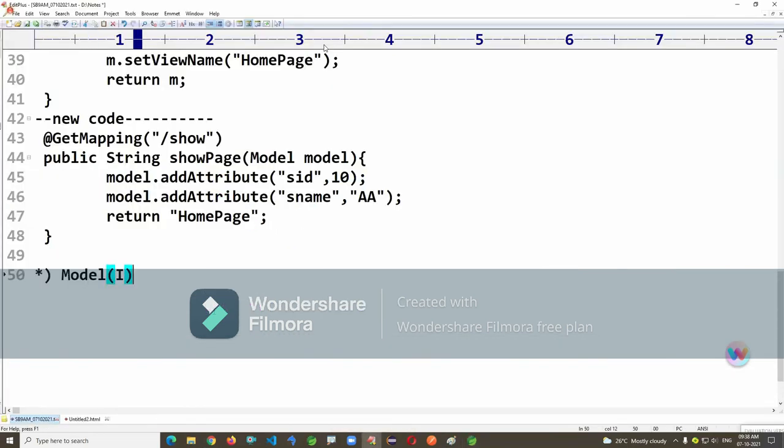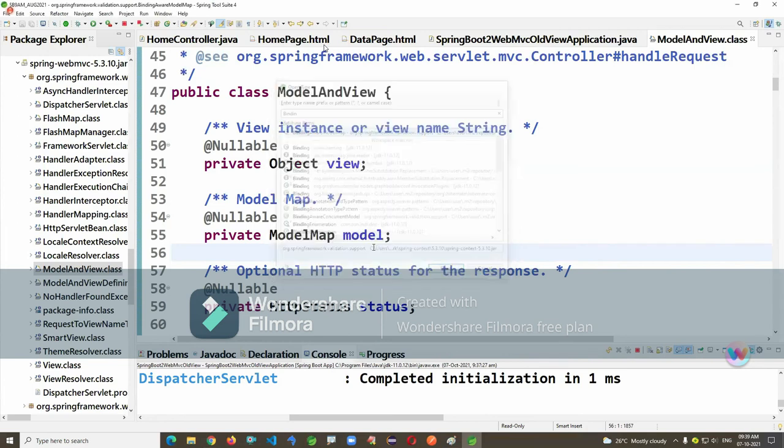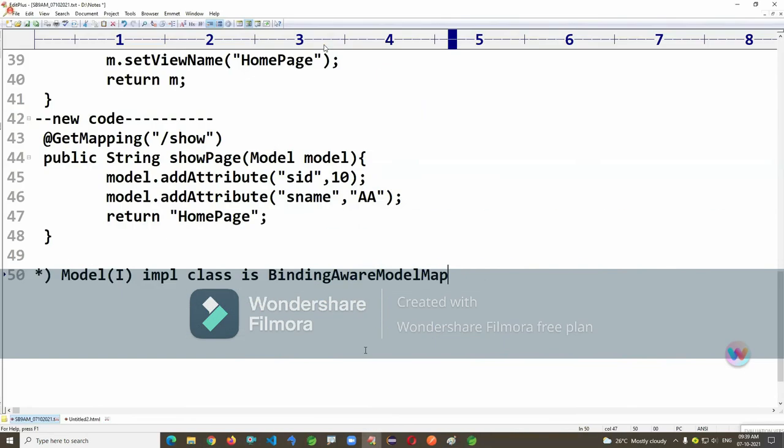The Model interface implementation class is BindingAwareModelMap, which clears data on response commit.